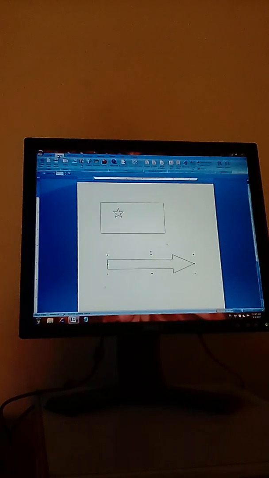So dear students, you can insert a table on your document, you can insert a picture, clip art, shapes, SmartArt, and a chart. So all these techniques are available in the Insert tab.